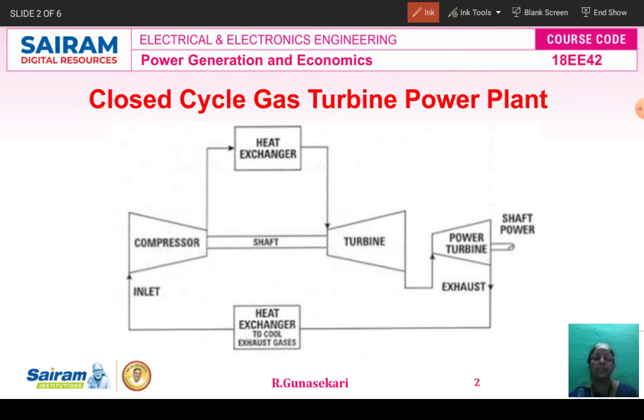The open cycle means without the heat exchanger block. The remaining part only is called an open cycle gas turbine power plant. If we join the heat exchanger, that means the heat exchanger is connected between the turbine and the compressor. This is called a closed cycle gas turbine power plant. The closed cycle gas turbine power plant has advantages over the open cycle